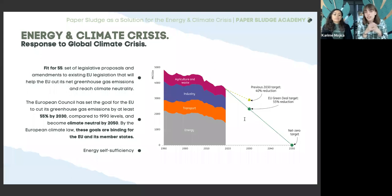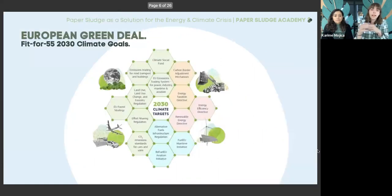So as we can see in the graph, we have the overview of the main sectors, such as energy, transport and agriculture, and the current CO2 emissions. As we can see, the emissions are substantial, and we still have a long way to go up until 2030 and ultimately 2050. And as a part of Fit for 55, which is also incorporated into the European Green Deal, there are many policies, there are many instruments. However, the ones which are the most relevant for us,